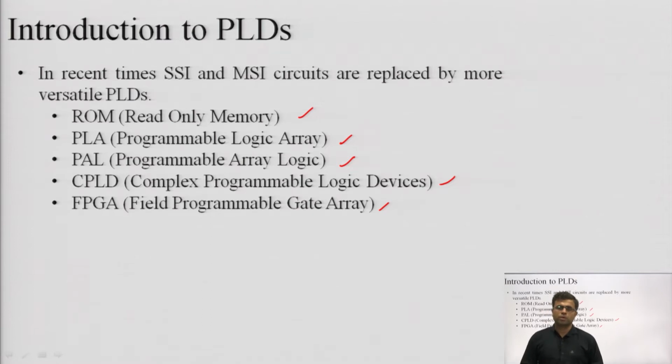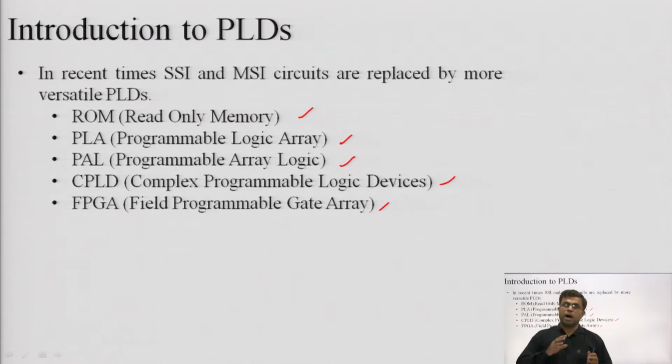So ROM, as we are very much aware, is read-only memory, which is of different types: PROM, EEPROM, MASK-PROM. So all these are different types of ROMs. These are theoretical aspects, but we have to cover these things in terms of programmable logic devices. From the theory point of view, we are very much aware that read-only memory is the basic storage, in which there can be different types. If we are able to erase that, then it becomes erasable programmable read-only memory. If we are not able to erase that, then it is only programmable read-only memory.